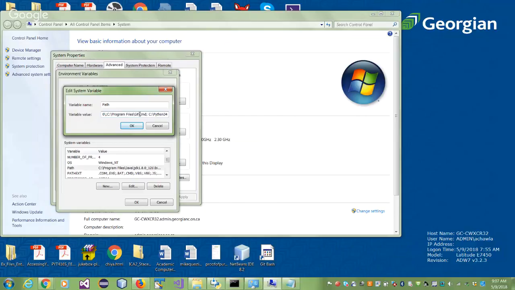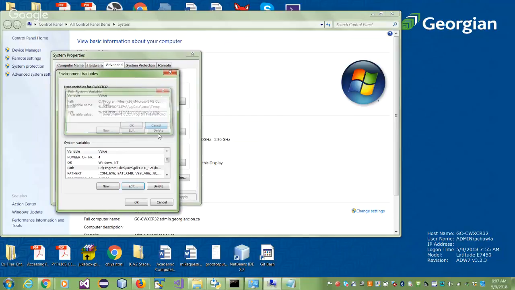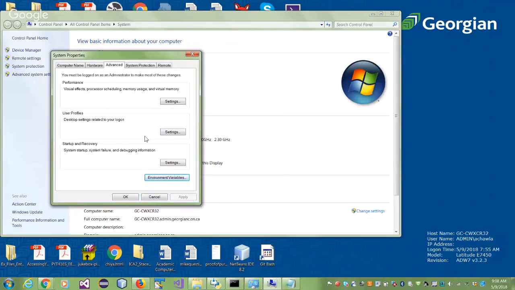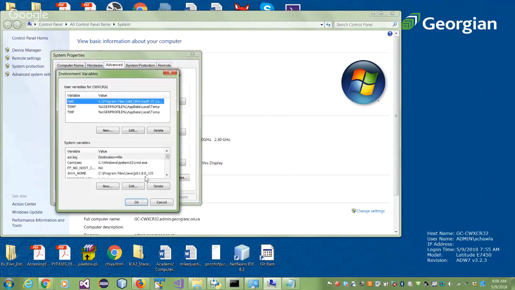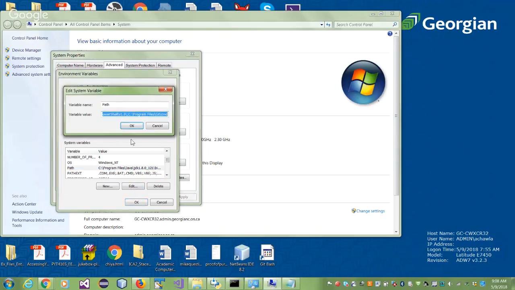So I put it at the end, I put a semicolon at the end, and then I included it. If you put it in the beginning, put it in the beginning and then put a semicolon after it. Semicolon is just the separator, right? So since when I installed it, I already said put it in my path variable, it already did. I don't have to do it. But if you forgot to do it, all you have to do is open the properties of your computer, go to your environment variables, look for the path variable under system variables, pick it up, edit it, and put this anywhere inside that path, right?